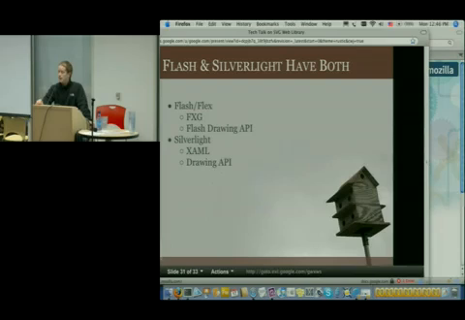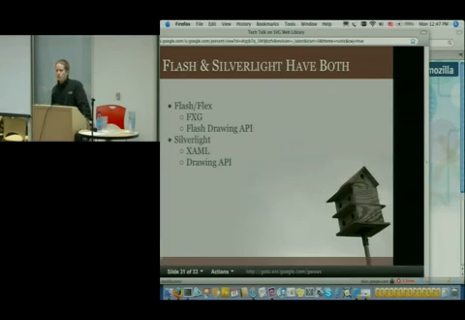Personally, Canvas is very important, and so is SVG, but the corollaries are showing up on the other side. Flash 11 Flex 4 is going to have something called FXG, which is basically SVG with a global replace changing a couple of names. And then, of course, there's the Flash Drawing API, which corresponds quite strongly to the Canvas API. That's what we use internally to do a lot of the work.